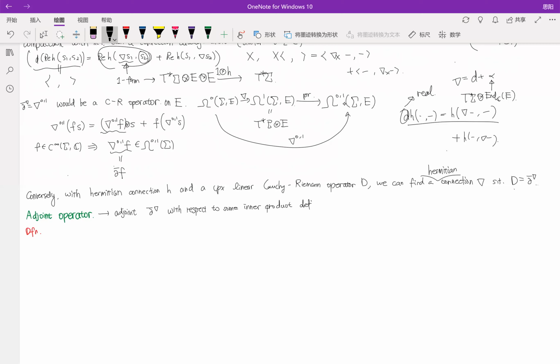Defined on the space omega star of sigma e. So this is defined via integration. That is the L2 inner product. So we must introduce the Hodge-star operator in order to form the